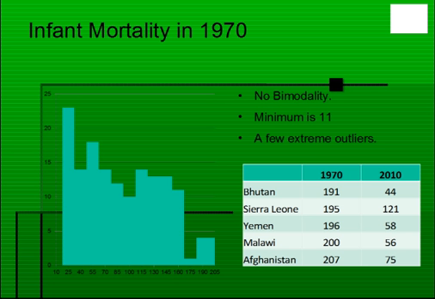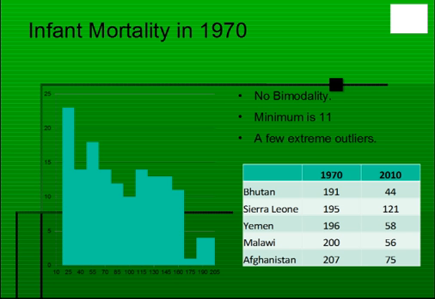There is a little blip in the end. You can see that there are outliers. There are actually 5 countries in the end, and these 5 countries have been listed separately. And if you look at the 5 countries in 1970 with the highest infant mortality, these are Bhutan, Sierra Leone, Yemen, Malawi and Afghanistan, then you see that in 2010